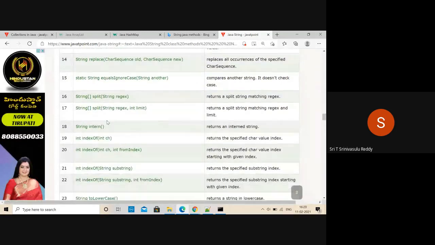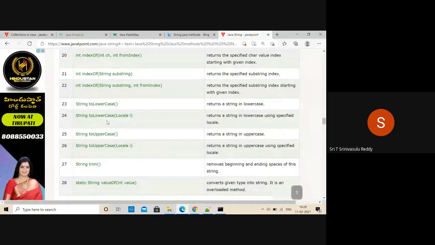Join, is empty, concatenation, splitting. It is here: toLowerCase, returns a string in lowercase. So apply toLowerCase on every string that you are storing, and while retrieving as well. Then because it is operating on the same lowercase, you are going to get the matching results. That's the only possibility here, because you are not comparing anything. So you have to convert in this particular manner.